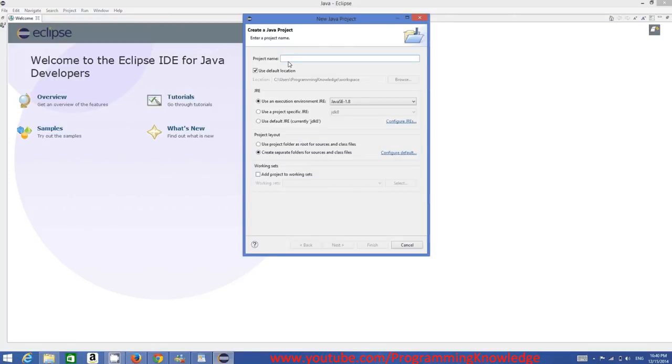and in here in project name you just need to give the name to your project. For example, My First Project. Okay, and just for simplicity, you always give your name to your project in camel case, starting with a capital letter for each word. So in My, M is capital, First, F is capital, Project, P is capital, so it's called camel case. It's a convention to give names like this,